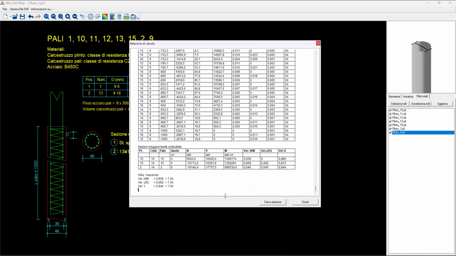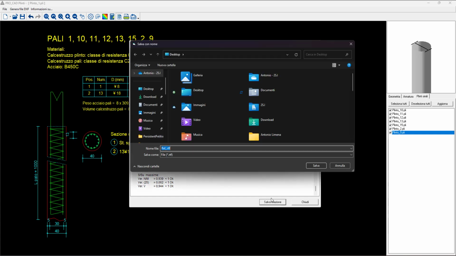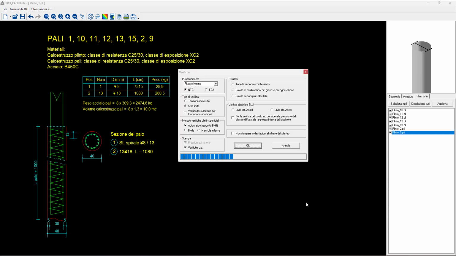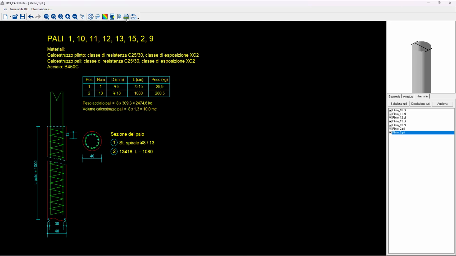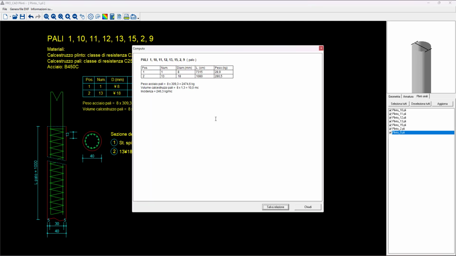And then basically we can go save relations, salva relazione, so save report. We go on the folder that we prefer, and we can go save. No, I'm not gonna do that, but you got it. And with this last command, computo metrico, you get the metric computation. It's very short, so you can basically select everything, Ctrl C to copy and Ctrl V to paste on the full report that you already saved.